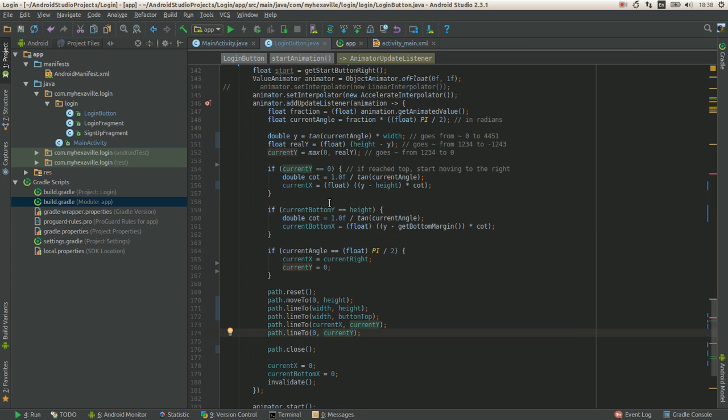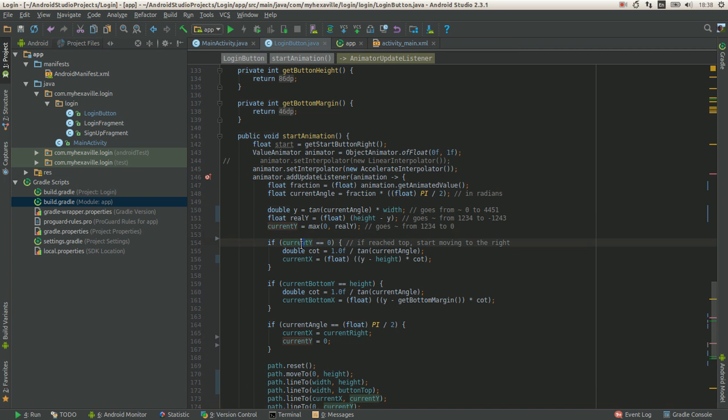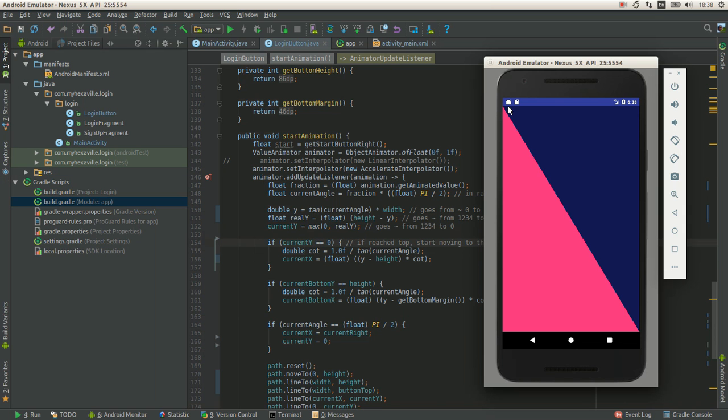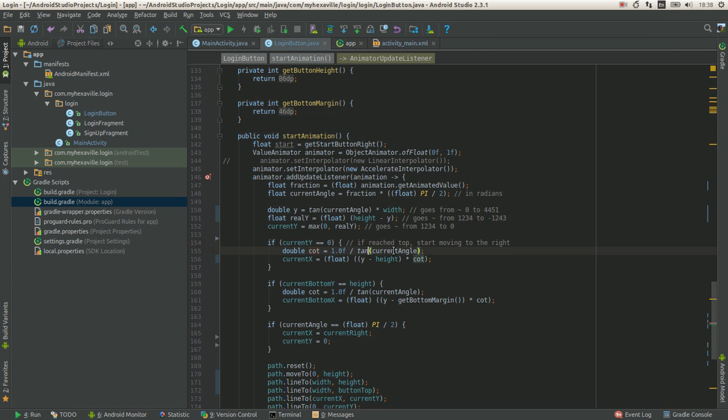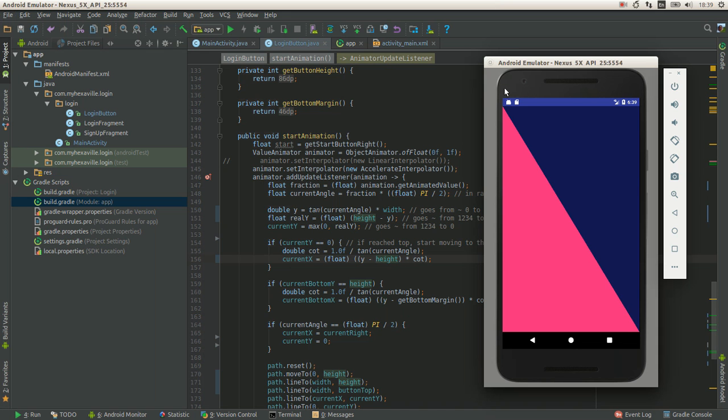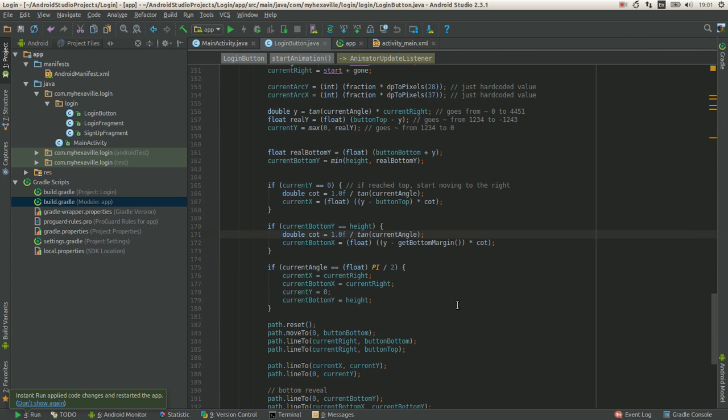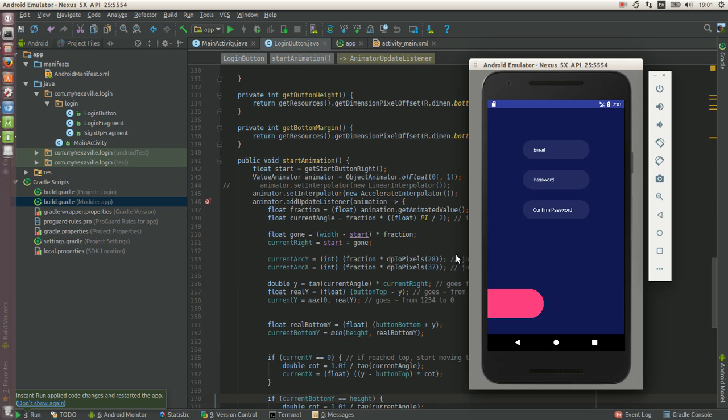Adding a few points. So when the current value is 0, y value is this point, and when it reaches this point, it means that we reached the top. Now we're gonna move to the right. Calculate cotangent using this angle and the value, this value which is over the top of the screen. And that's what we got